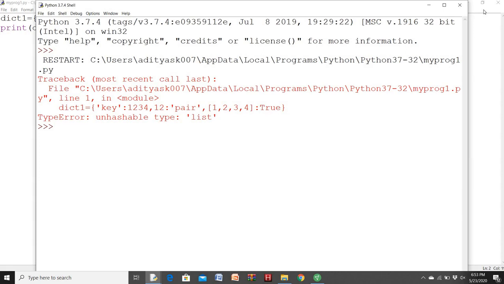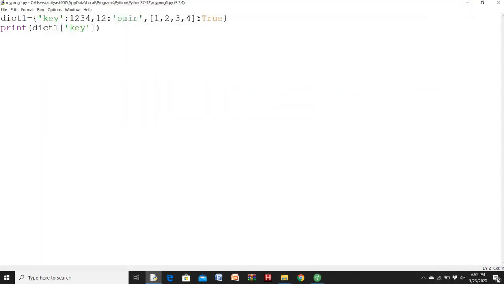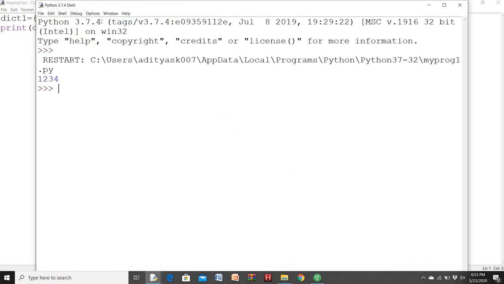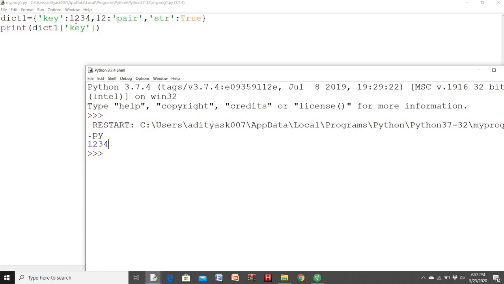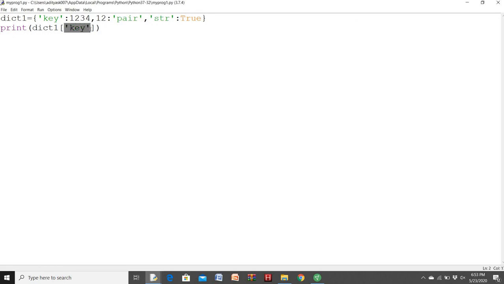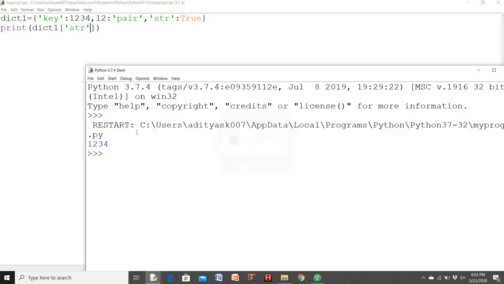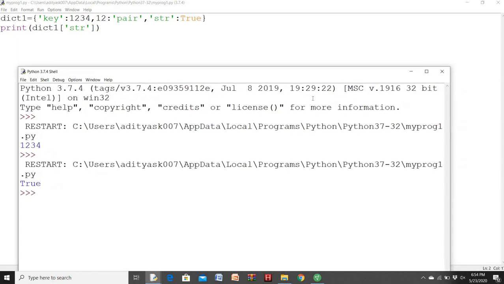But to initialize or to access the data you need keys. Without keys you cannot access the data. So that is how this is different from your tuple or your list. If I want to access the data that is 1, 2, 3, 4, I need to use dict1 of my key. So the key is the string key, which is the key for the value that is 1, 2, 3, 4. If I want to print that value, okay,